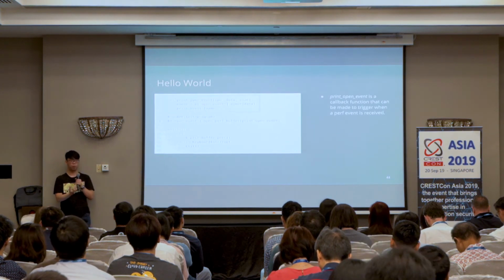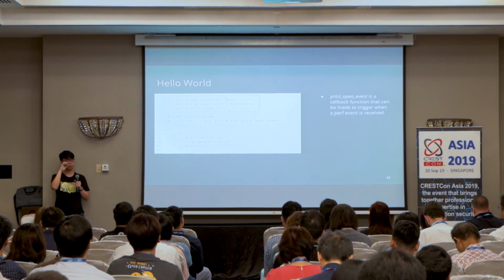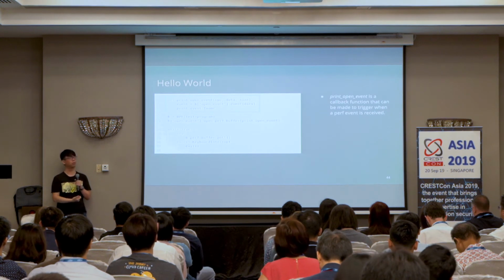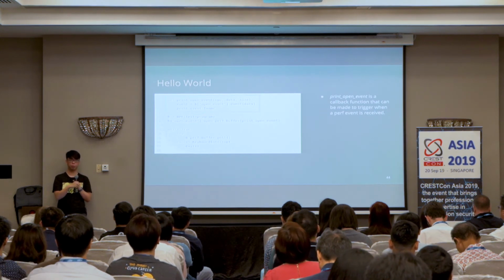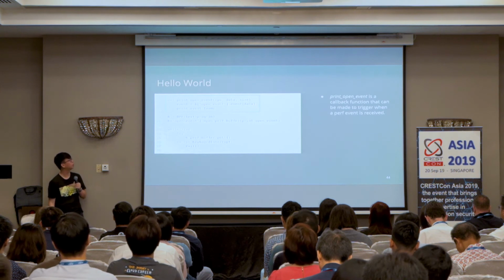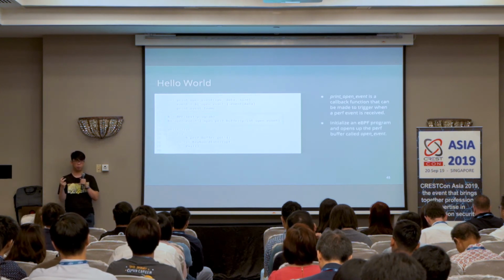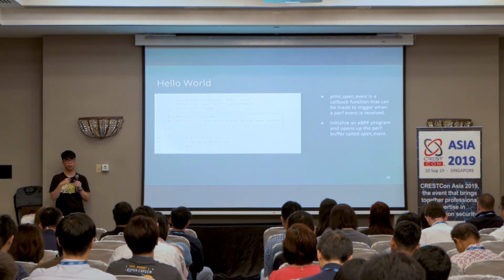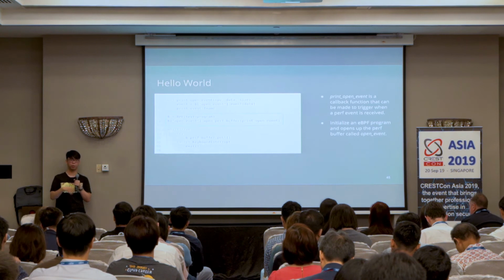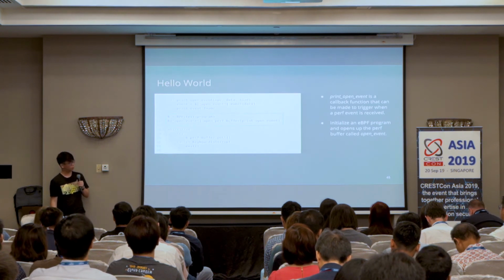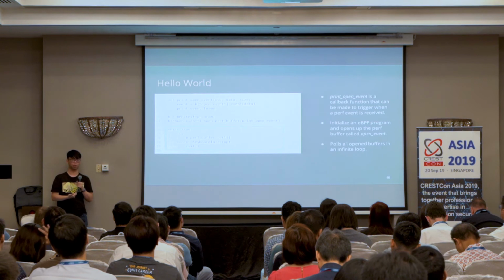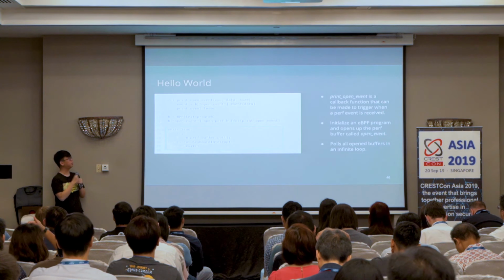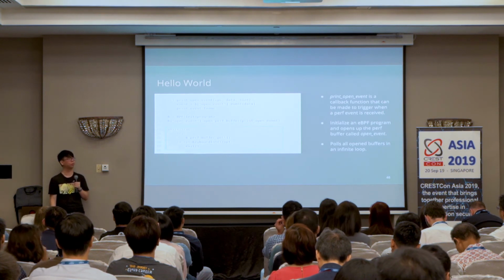In our Python program, we'll define a callback function that essentially runs every time user space receives an event from the kernel. And in this callback function, we are simply printing out the output of our data structure. We initialize a BPF program in Python. We open up a perf buffer. So this is how we initialize the communication channel between kernel and user space. And we will poll the program in an infinite loop. So whenever something is transferred from the kernel to user space, we immediately call our callback function, which prints out the output.